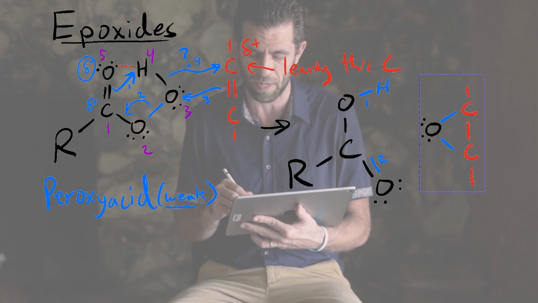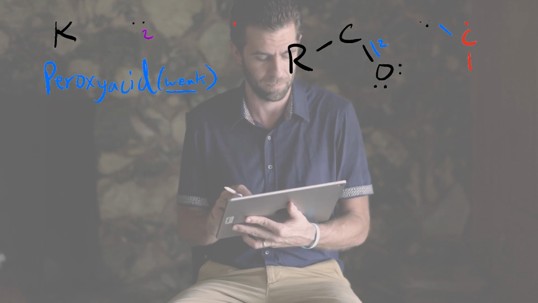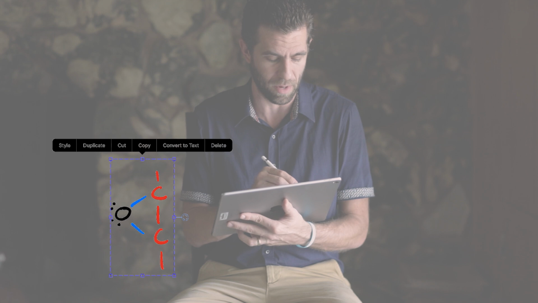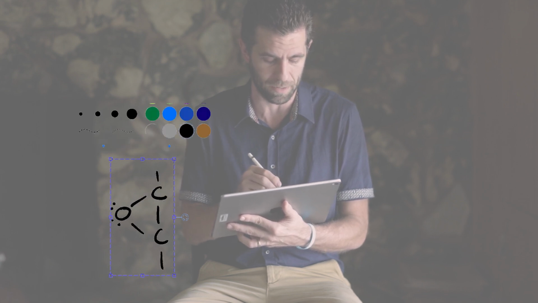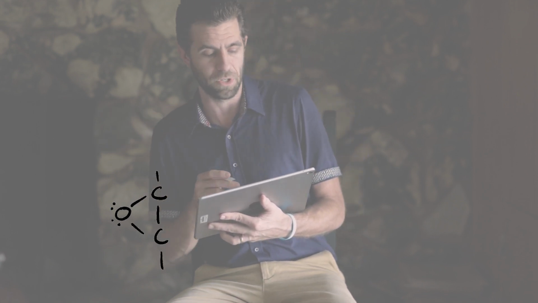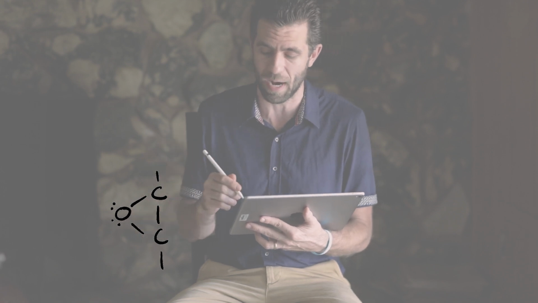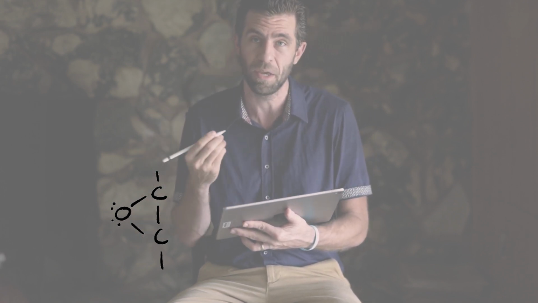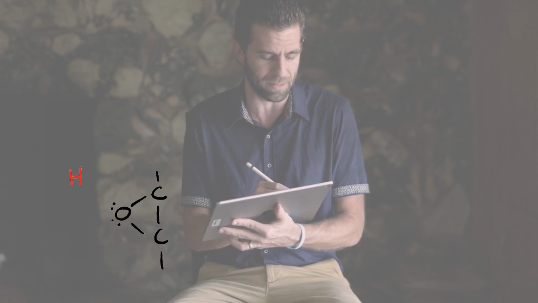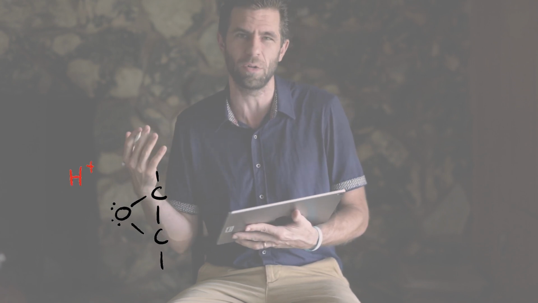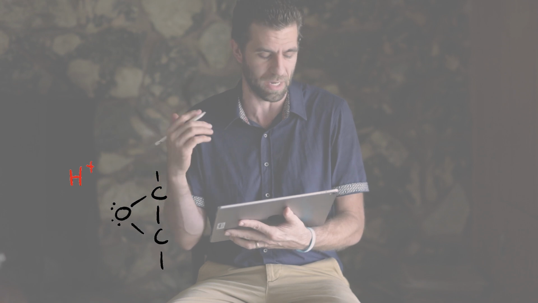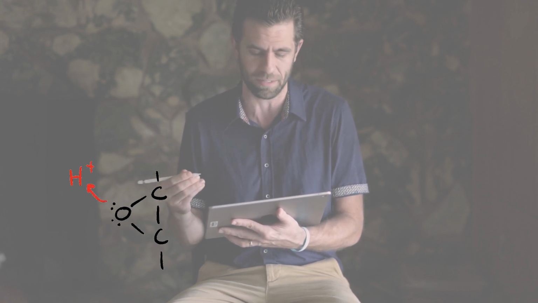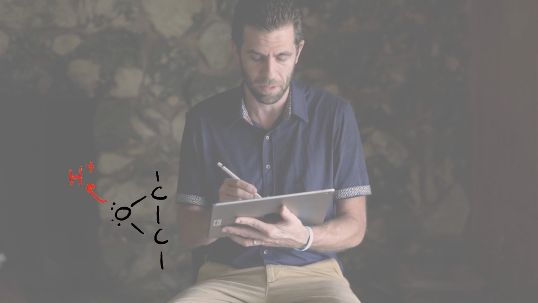Let's go ahead and bring down our epoxide and talk about how it tends to react. And let's go ahead and just make it all the same color. All right, so how we tend to react these is we actually tend to use an acid catalyst or an acid. Why? Because if we have an acid around, I know it's normally hydronium in solution, but I'll just say an H+, if this lone pair right here attacks that hydronium ion, what we're going to end up with